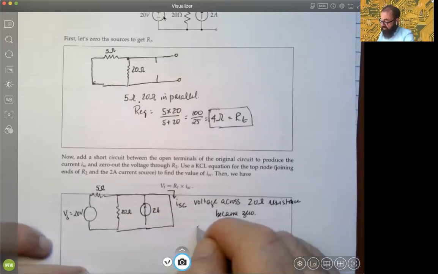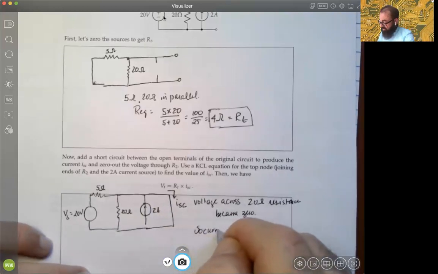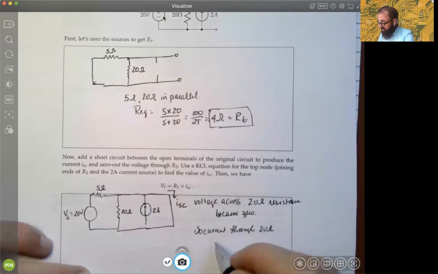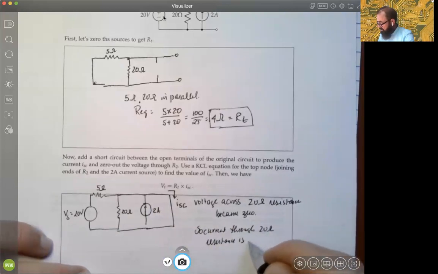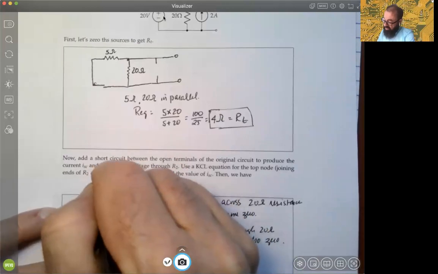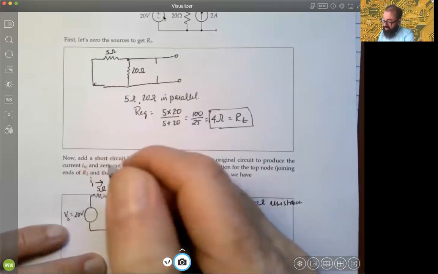So the current through the 20 ohm resistance is also 0. And that's just because of Ohm's law. If the resistance is 20 and the voltage is 0, then the current's 0, all right? That's just Ohm's law. But if we were to represent currents, let's say I1 is the current through the 5